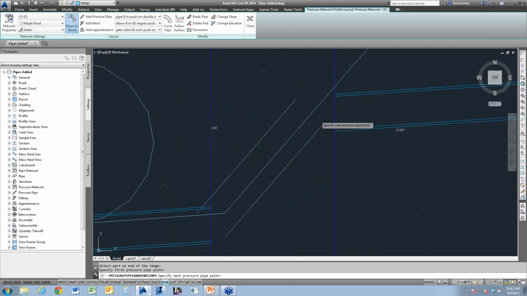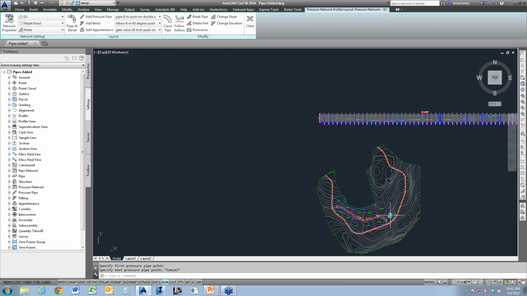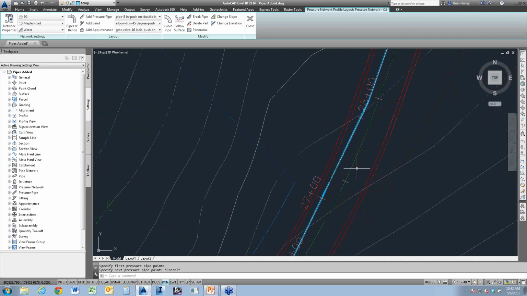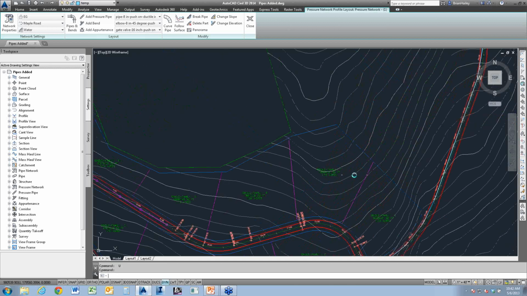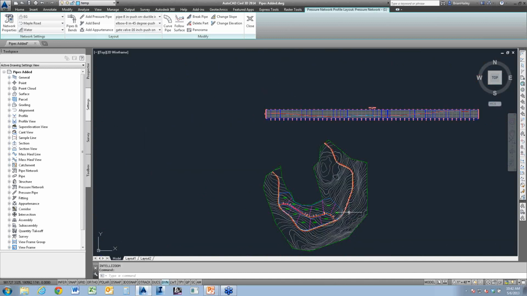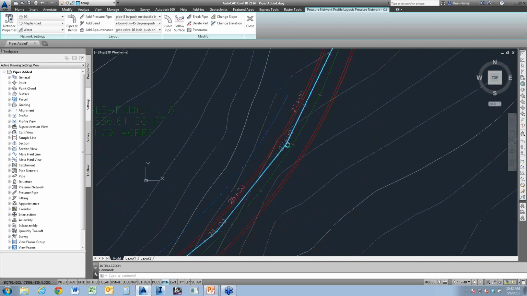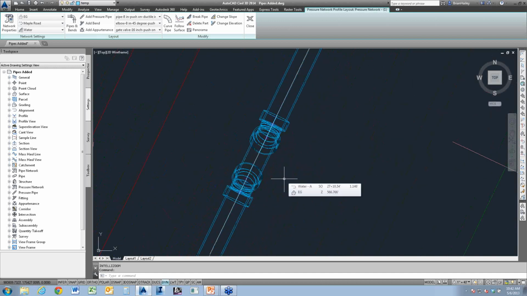Okay, here's another question from Brian Tomasi. Is there a way to clean up the style in the plan view so it will not plot out like a blob? Yeah, so the question is, in the plan view, let me undo that here real quick. Let me get my pipes back. You don't think that'll plot nicely? Come on, really? Yeah, absolutely. It's just a style. You can put in whatever style you like.